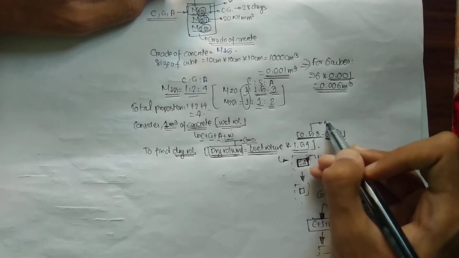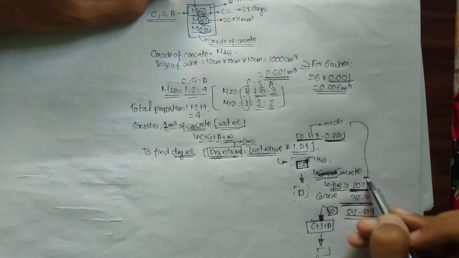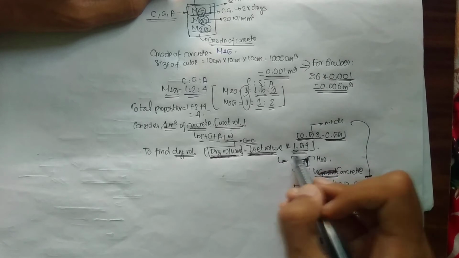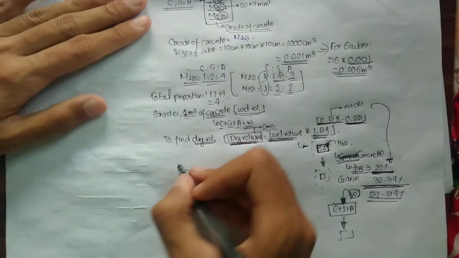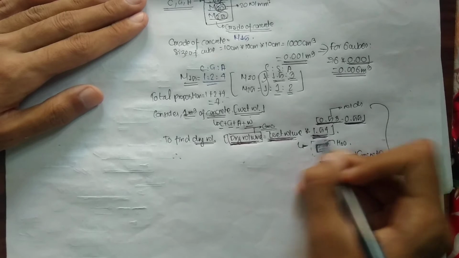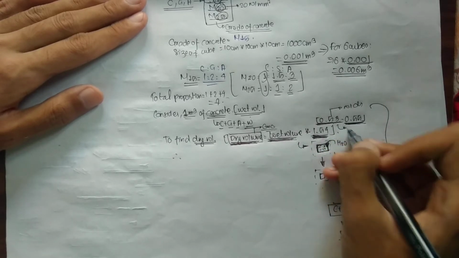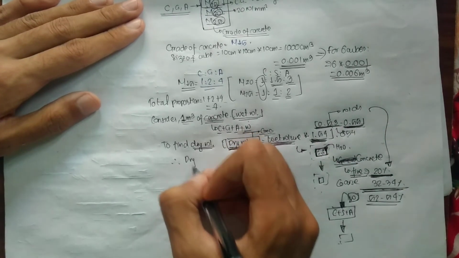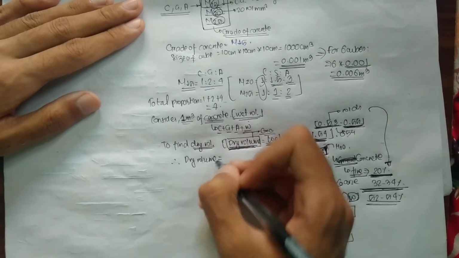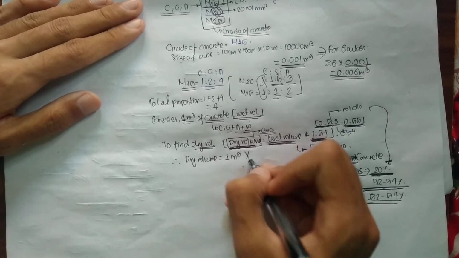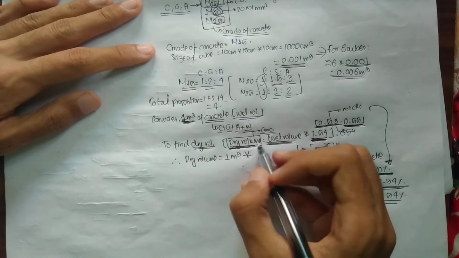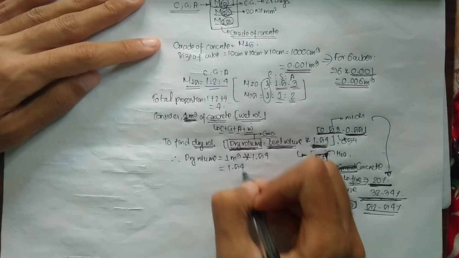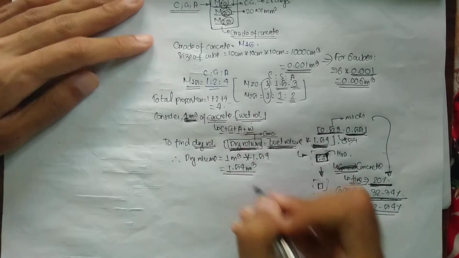This is on the basis of weights, like I explained. In order to calculate the dry volume, we multiply the wet volume by 1.54, which is the average of 0.53 and 0.54. Taking the wet volume as 1 meter cube and multiplying by 1.54, we get 1.54 meter cube. This is our dry volume.